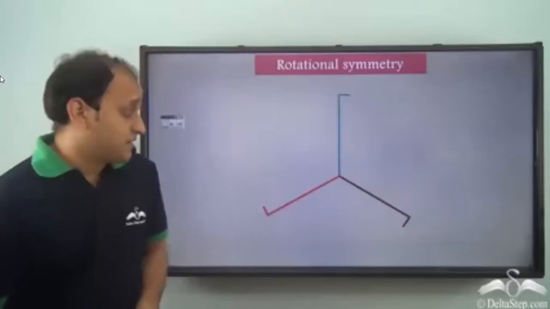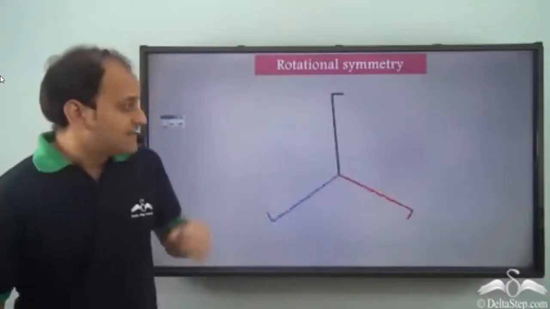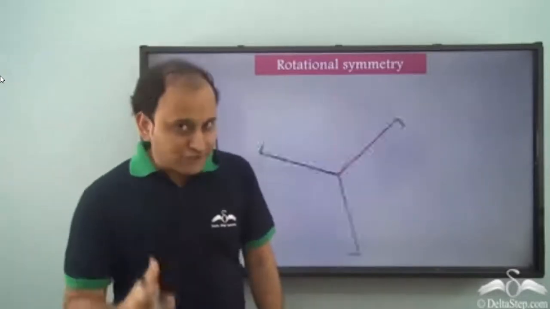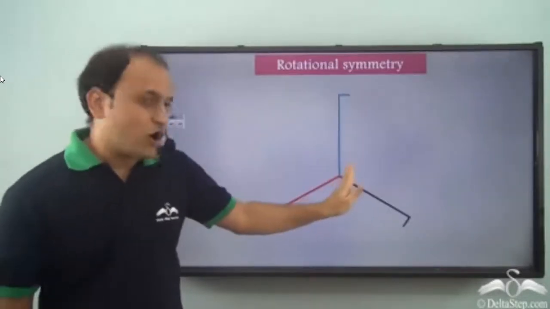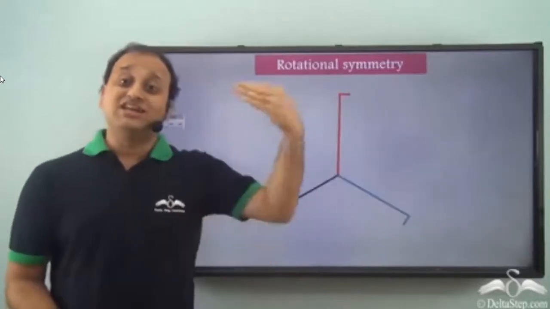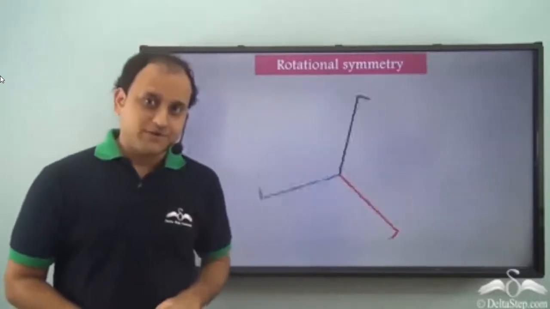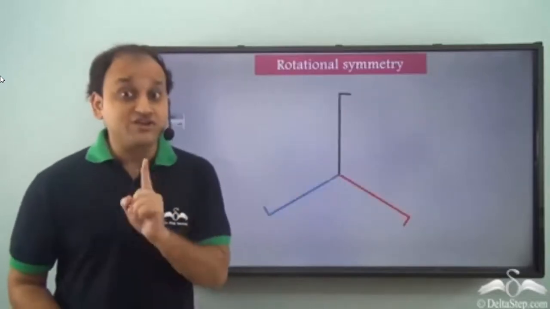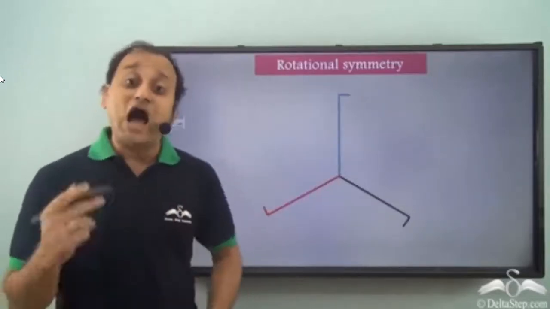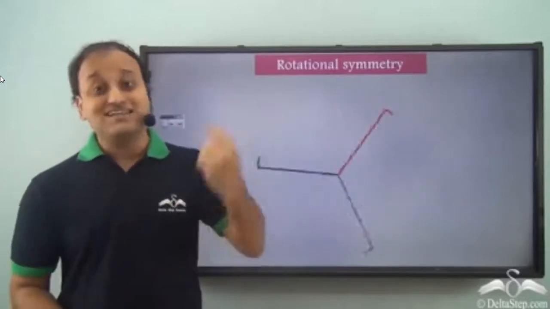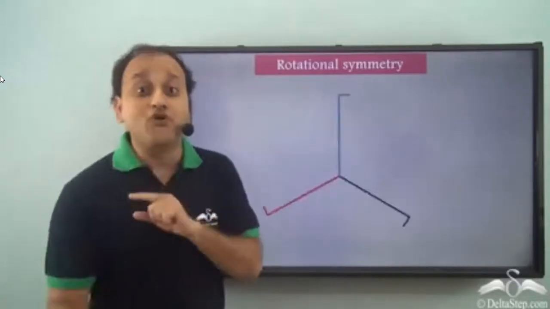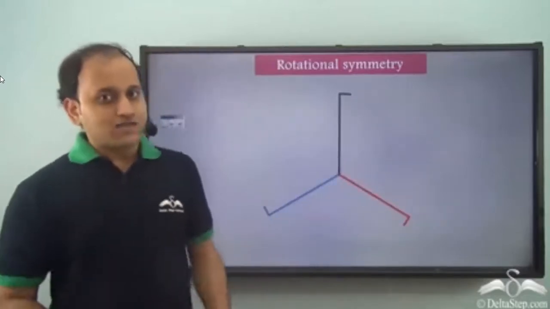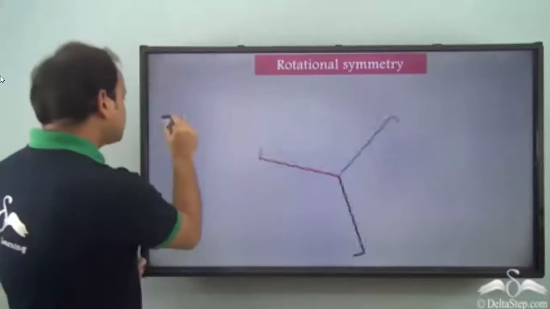For example, in this particular object, what do we see? We see that when it is rotated, even before completing one full turn, the particular object looks the same as its initial position a number of times. Now, this is what rotational symmetry is. But rotational symmetry is also defined by how many times the object looks exactly the same as its initial position before completing one full turn. So, let's understand how this works.